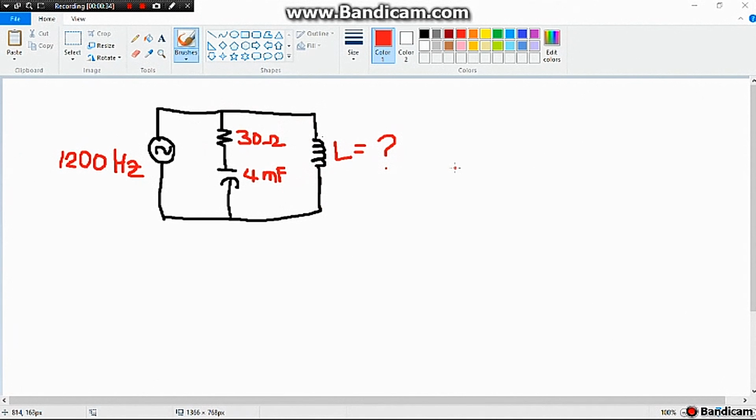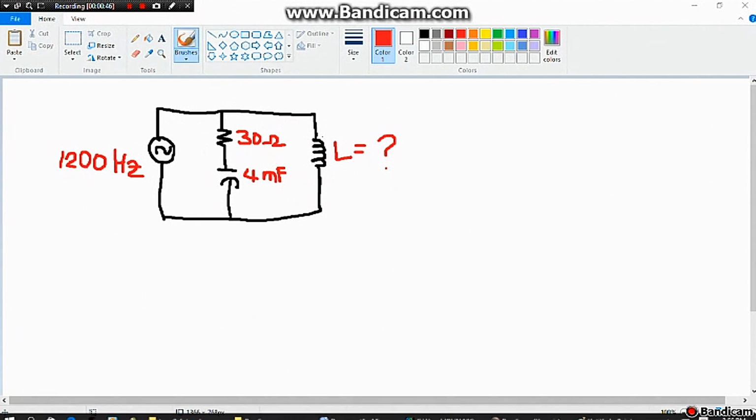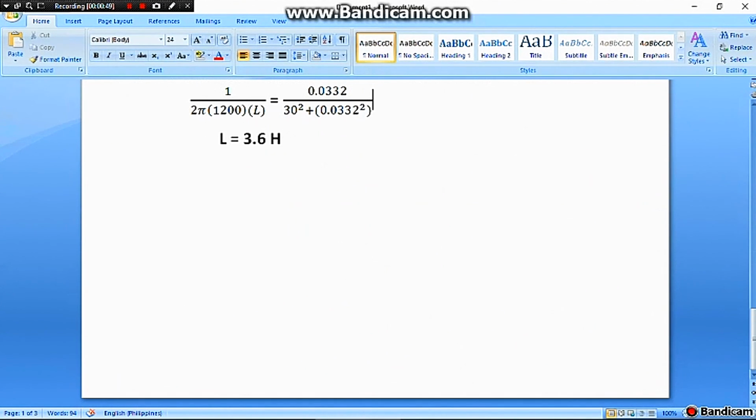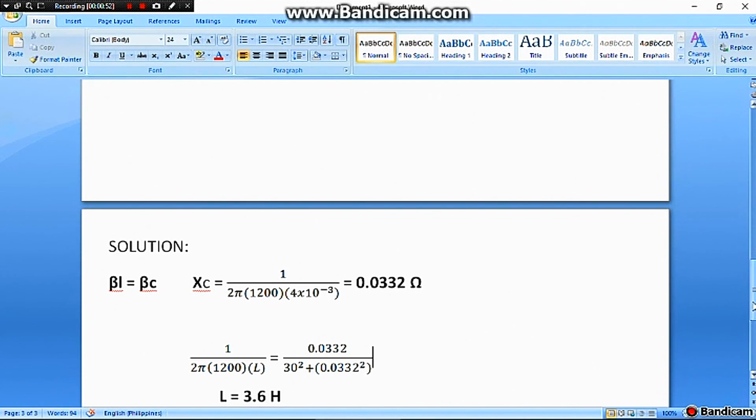So let me go on to our solution. Let me find it. There you are. In parallel resonance circuits, the inductive susceptance and the capacitive susceptance are equal. So if we substitute the equivalent for that, it will become